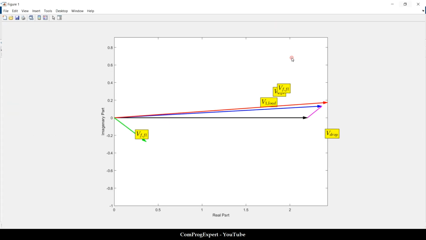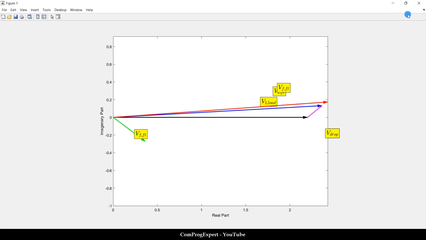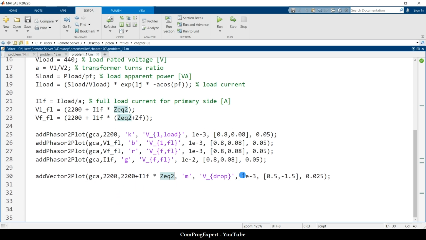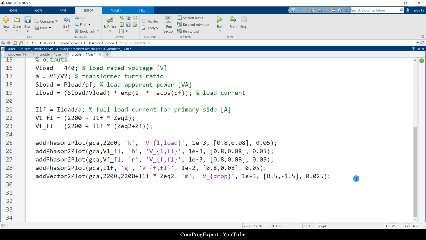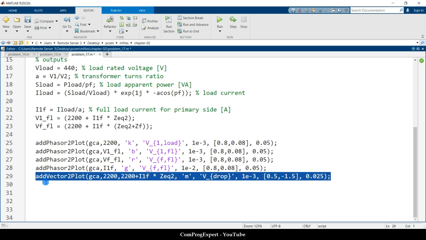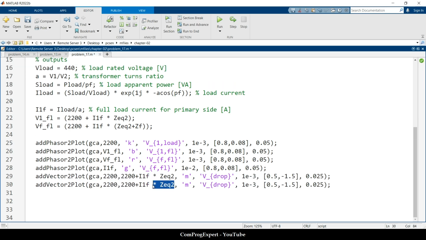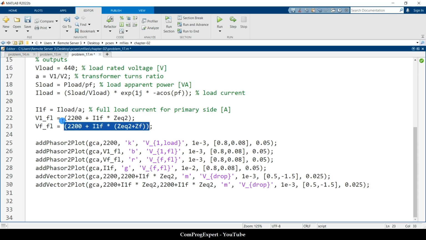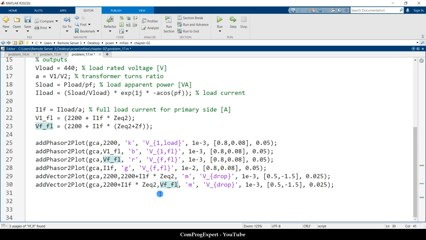Yes, this voltage drop, and this is the voltage drop that we have right on the feeder. So yes, this one. So actually this is the feeder voltage. Another color, maybe we can use the